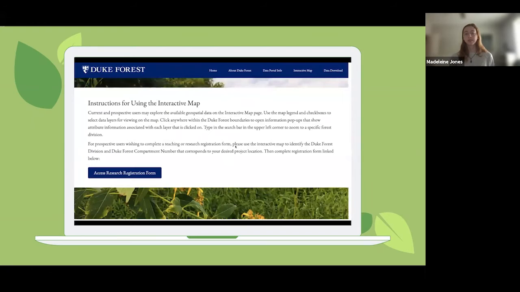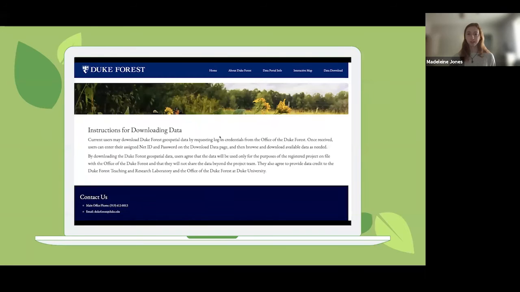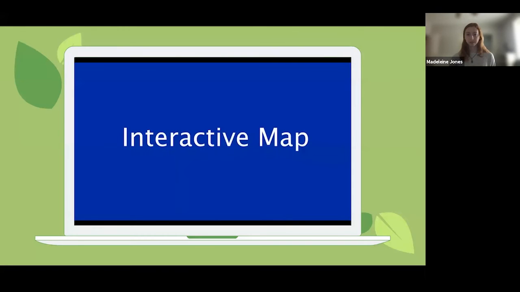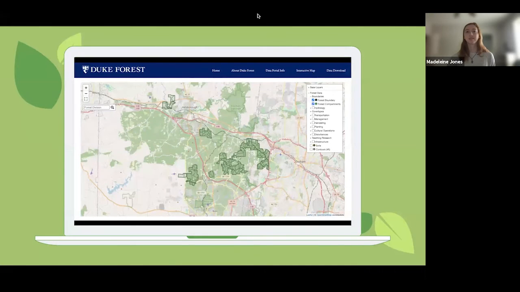This next section includes information about the interactive map and how to use it. And the last section includes information about downloading data. This is our interactive map. It is currently loading. You can see all the different divisions which are included in the Duke Forest, with the menu on the